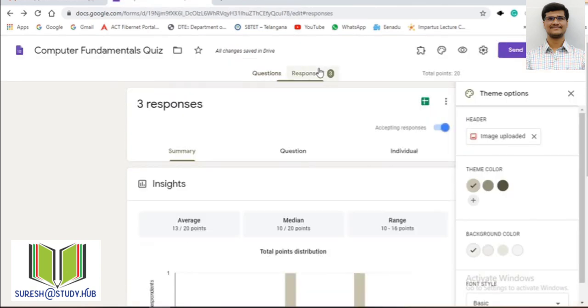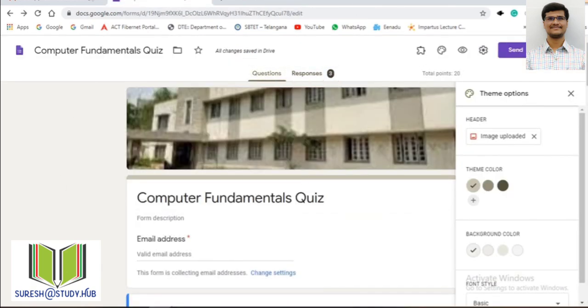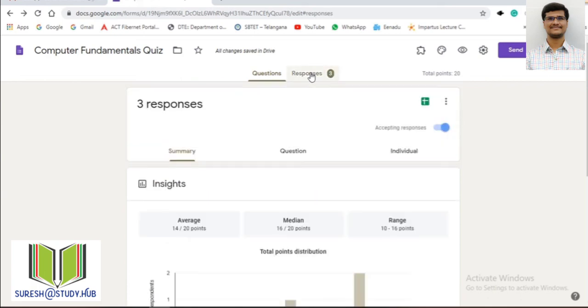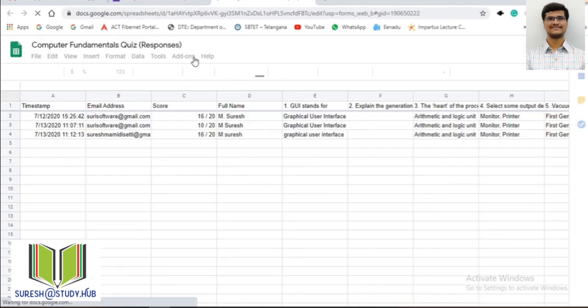Once the questions are attempted, after going to your Google form, these are the questions, and in the responses you can see all the responses that are given by the students. Go to these responses, and if you want to see the responses in Excel format, then I will go to this here, so that all these responses will be shown in the spreadsheet. This is called Google spreadsheet or Google Sheets. So like Excel for MS Office, we have this Google Sheets.